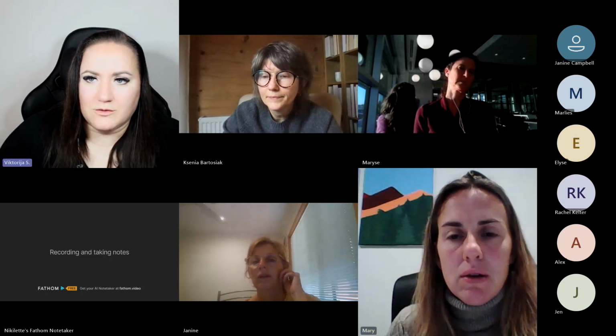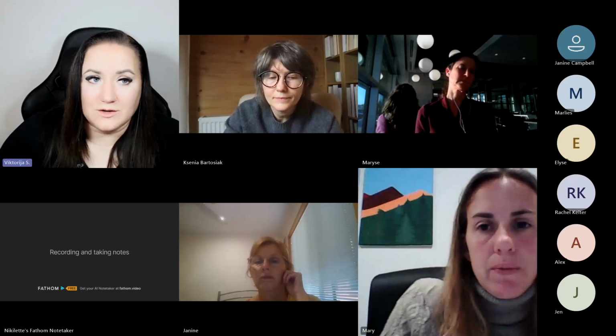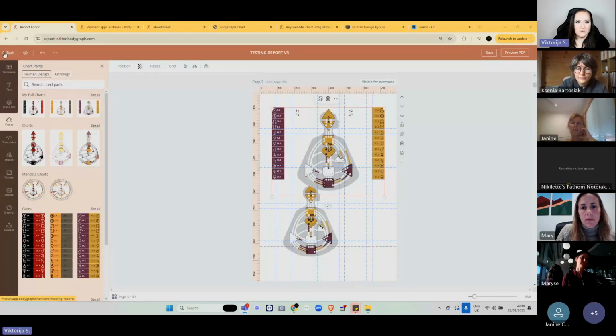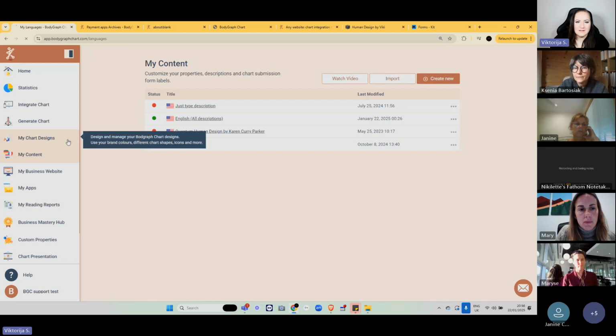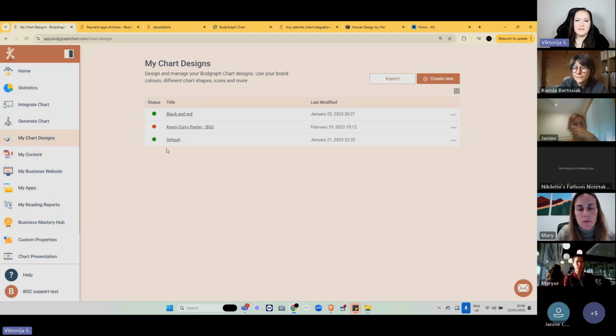Okay, yes. That's a very good question. You will recognize these green and red indicators at quite a few tools. Add the reports, add the languages, add the design. What does it mean? It means whether the language, the design or report is live at the embed code or not live, attached to the embed code or not. So you can hover over this green indicator and you can see which embed codes this, for example,